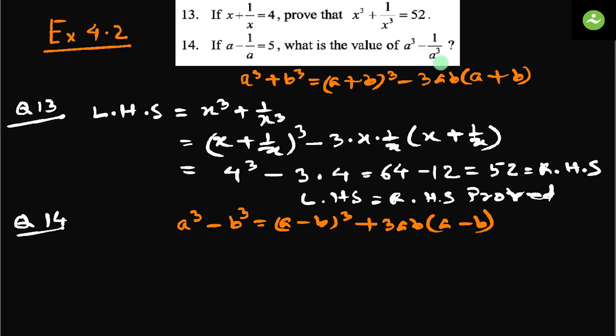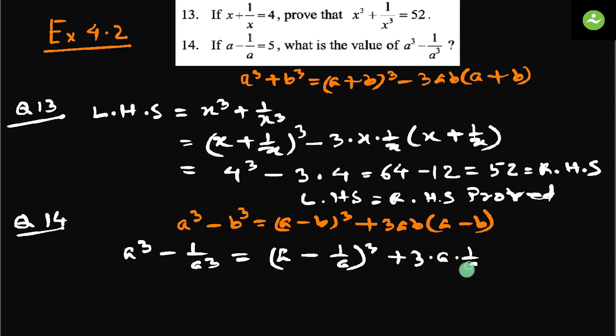Now we have to just find the value of a cube minus 1 by a cube equals, can we write it in the form a cube minus b cube? Yes, a minus b whole cube means a minus 1 by a whole cube. Here a is a and b is 1 by a, plus 3ab, 3a into b means 1 by a, into a minus b means a minus 1 by a equals,